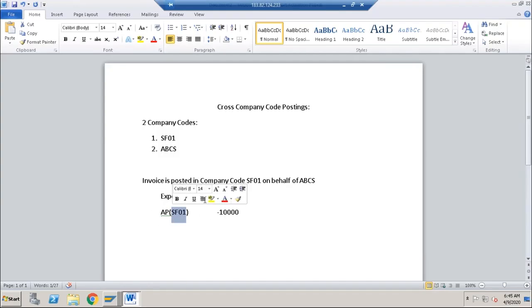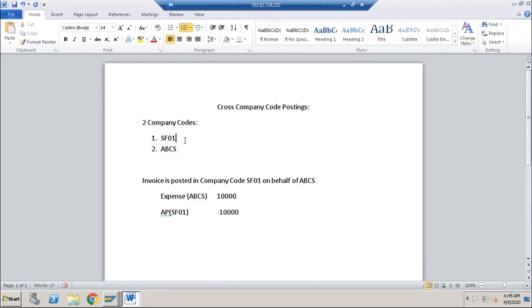From the legal point of view, this document will not match to zero. That is the reason we need to tell the system that because company code ABCS is the actual company that is going to book these expenses and SF01 is booking the invoice on their behalf, there will be some cross company code lines which will also come in this transaction.